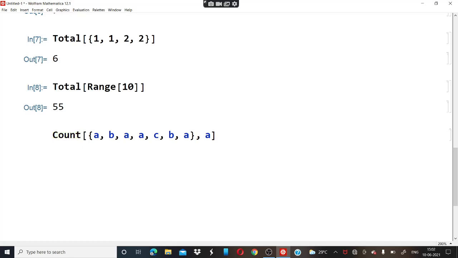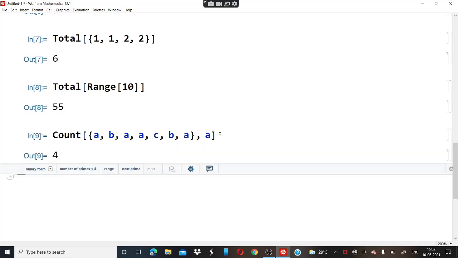Because we want a count for A, meaning how many A's are present in this list. So here you can easily see 1, 2, 3 and 4. So you can easily write this 4, but it also just counts the A's in this list.